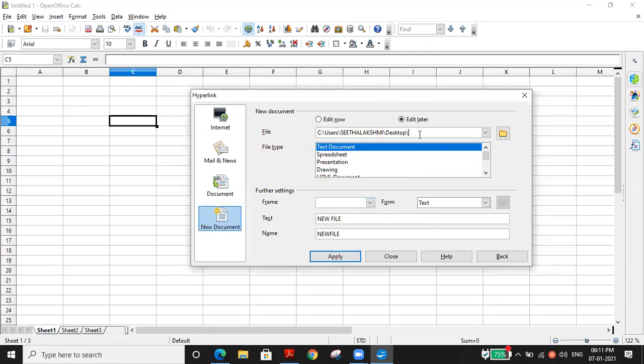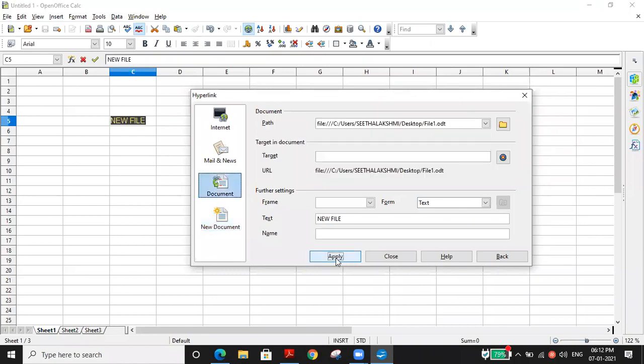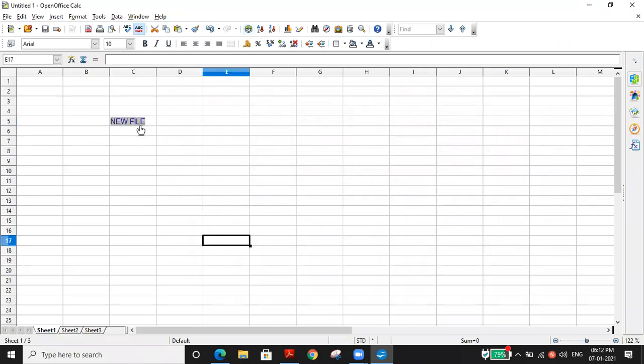Okay, here I have to give the file name. That's the problem. Okay, so here I have opened it, space is not a problem. On the desktop, I have to create a new file. For example, I'm just creating file 1. Okay, this is the document name. File 1 is the name I'm going to create, a text file. Then apply. Now I'm just closing this. You can find it is a new file.